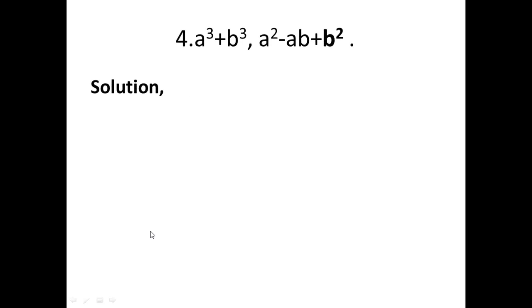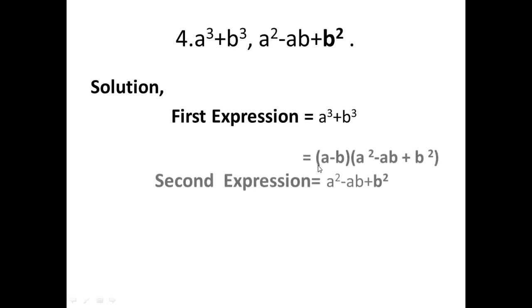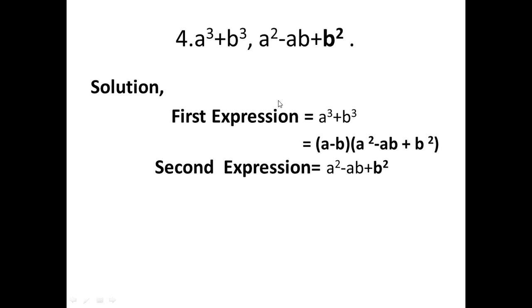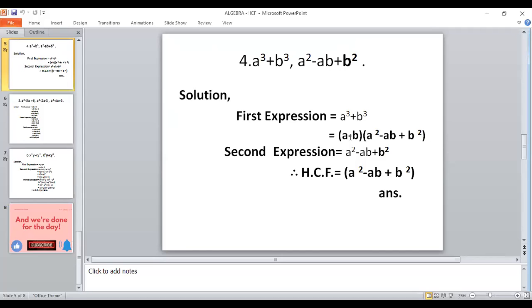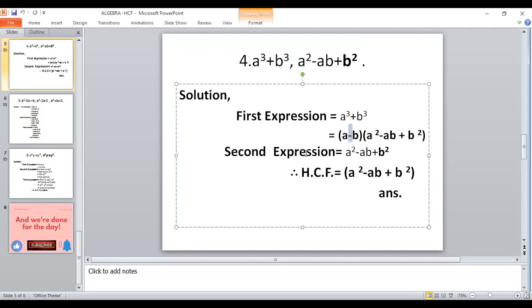Now let's move here for the next one. Just now I showed the A cube plus B cube formula. Here we have to give a plus sign. Children, there must be the plus one: A plus B, then A square minus AB plus B square. Children, there must be plus.